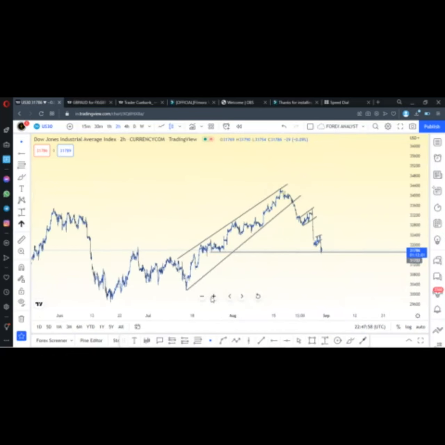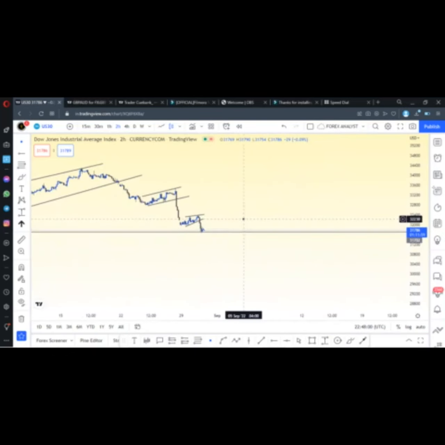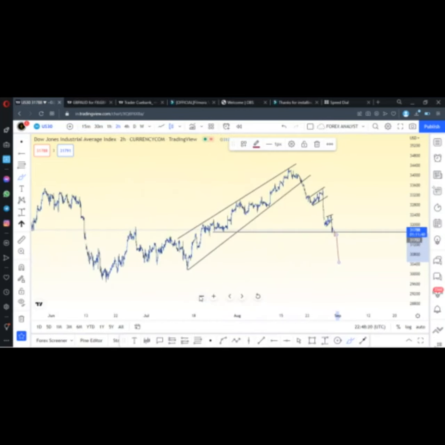So a break below, which is very possible, I would literally be looking for at least a touch on this resistance before I'm looking for further south. So that's basically what I'll be looking at on the US30 until maybe probably